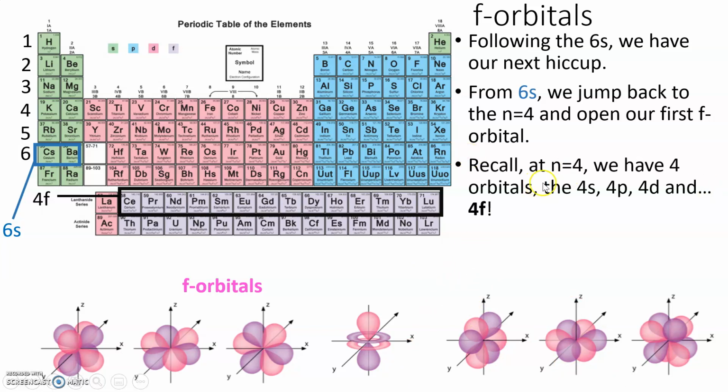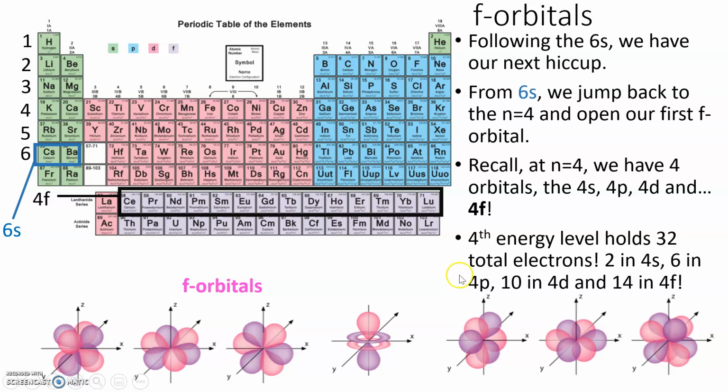And remember, once you get to that n equals 4 energy level, you can have 4 sublevels, 4 different orbitals. So 4s, 4p, 4d, and the 4f is the 4th sublevel. In the 4th energy level, we can hold a total of 32 electrons. So again, we put 2 electrons in the 4s, 6 more in the 4p, 10 in the 4d, and 14